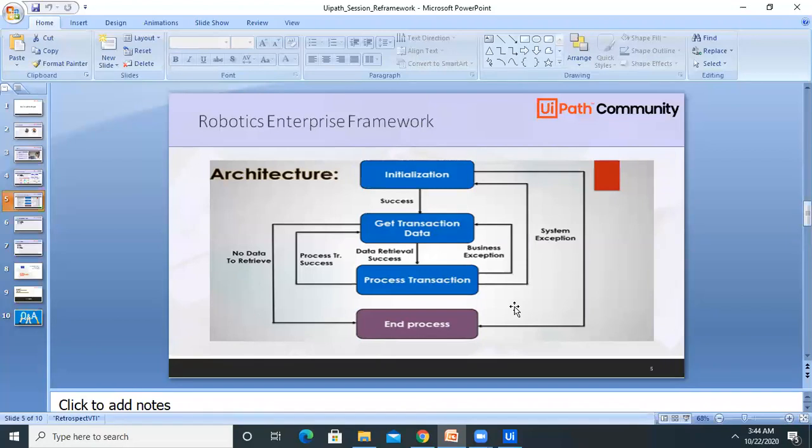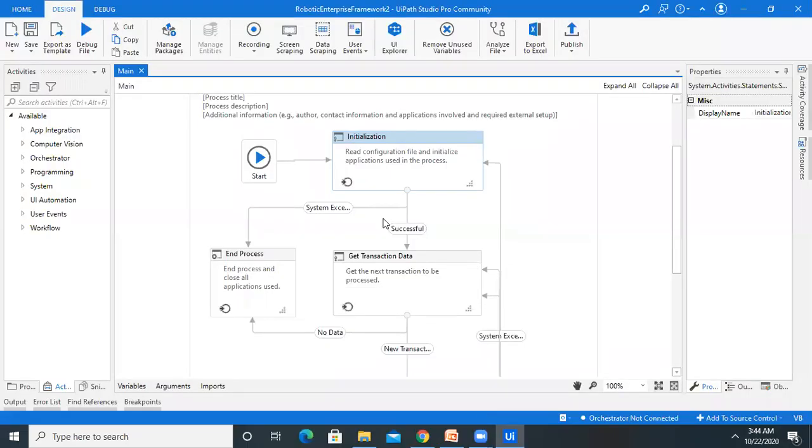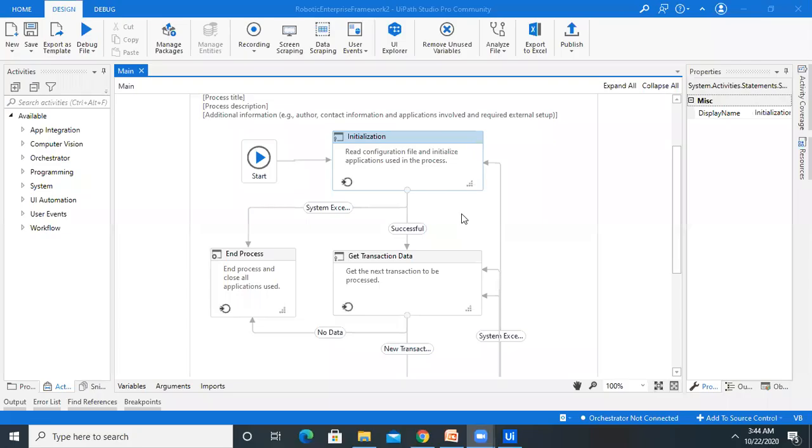Deepak, can you put it in slide mode, presentation mode? I think it's already shared. Let me check. I can see only your PPT, nothing else. No, now I'm showing the PPT only. After that, I will move to the Studio. So put it in presentation mode. Now you're able to see my screen.